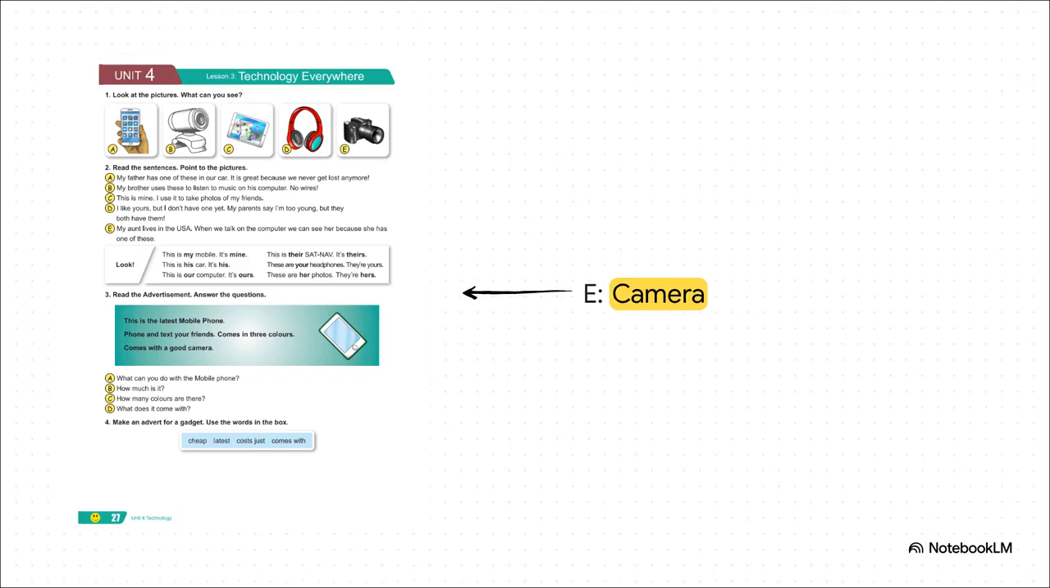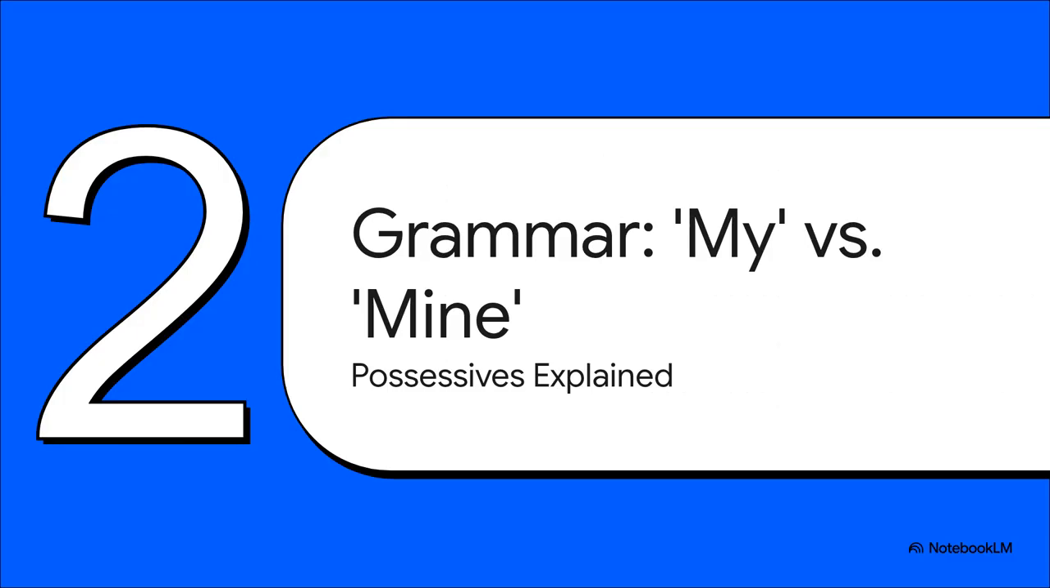And last but not least, E is a camera. Pretty straightforward, right? For taking all those great pictures and videos. So let's quickly run through them one more time. We have mobile phone, webcam, tablet, headphones, and camera. You got it? Awesome. Okay, so now that we've got the words down, let's switch gears and work on our